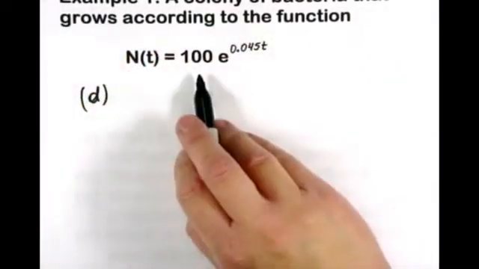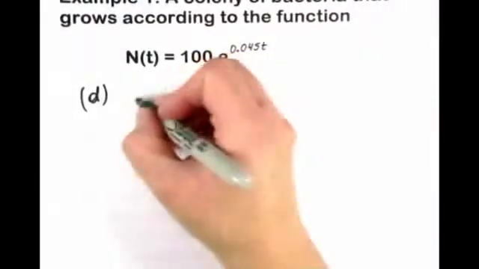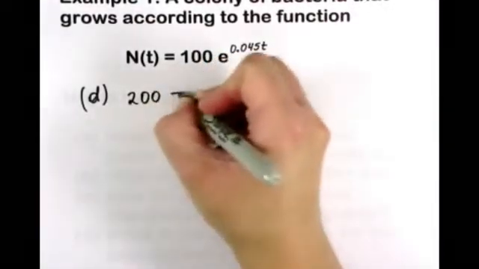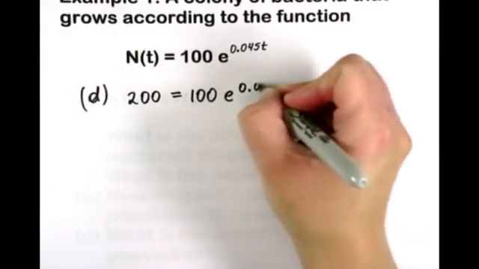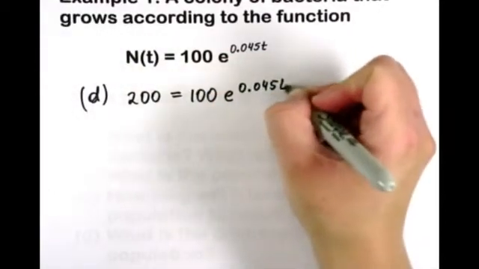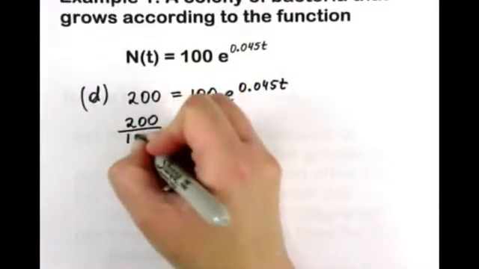My initial amount is 100. When I double this, I'm getting 200. So we have 200 is equal to 100 e to the power 0.45 t. And again we need to solve for t. So first we need to divide by 100. I have 200 divided by 100